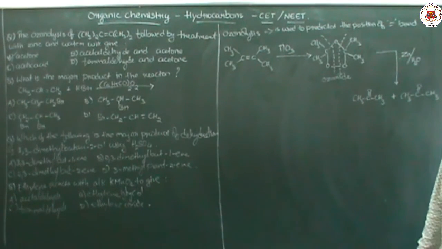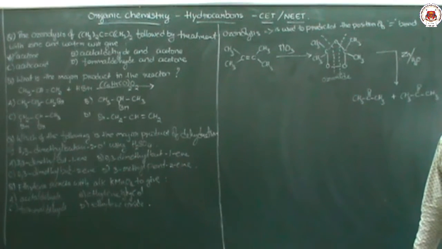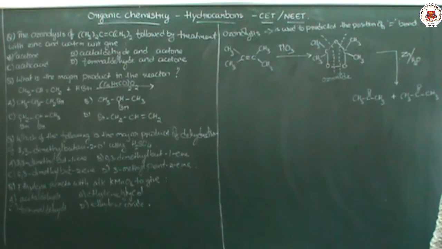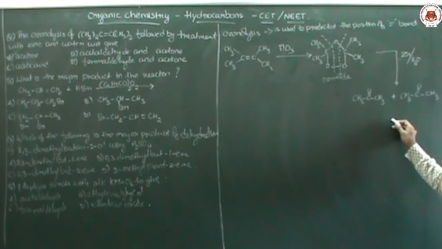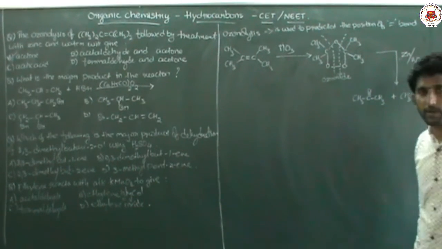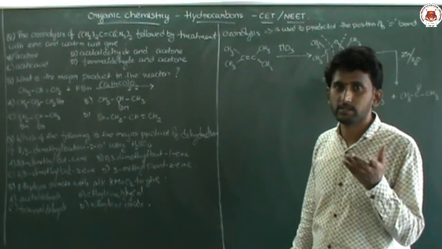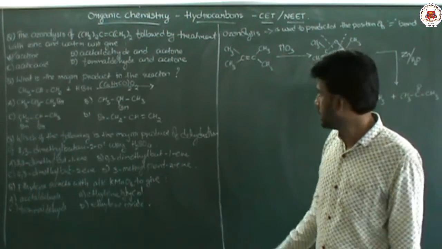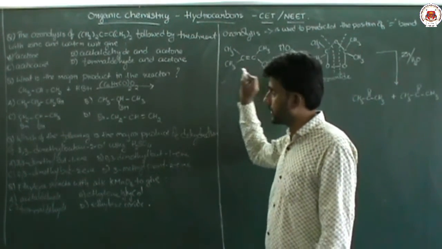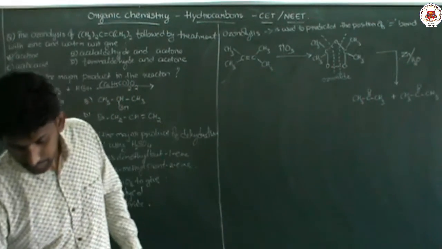This ozonolysis is a test to recognize the position of the double bond in an alkene. Or you can also differentiate between terminal and internal alkenes by this test. What are the products obtained in this test? Based on that you can predict. It may be formaldehyde, it may be acetone, or it may be acetaldehyde, or any other aldehydes or ketones. Okay? So based on that, you need to predict the answer. This is about the first question.